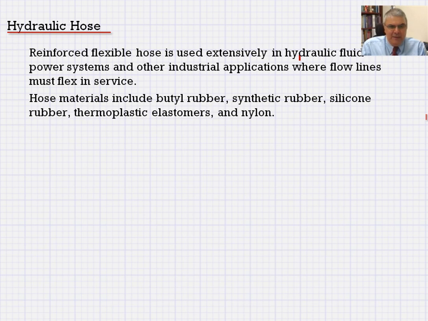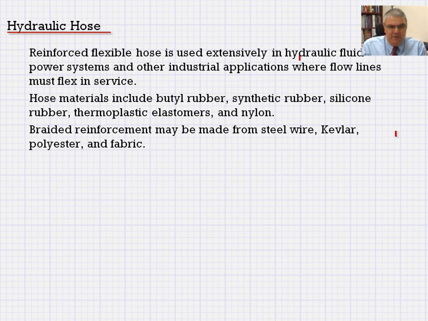It must have that characteristic. As such, they are made of these materials. They usually include some kind of rubber, whether it's synthetic, silicone, or other types, or some kind of thermoplastic elastomers or nylons. Very important to realize the material that is used for some of these